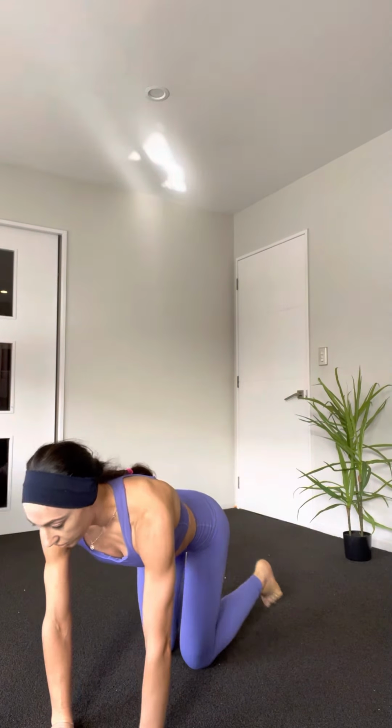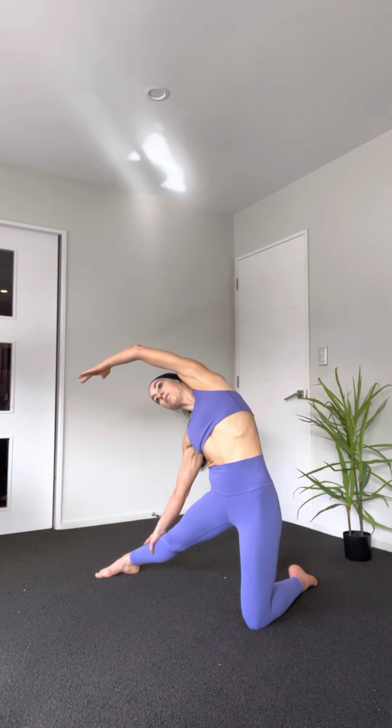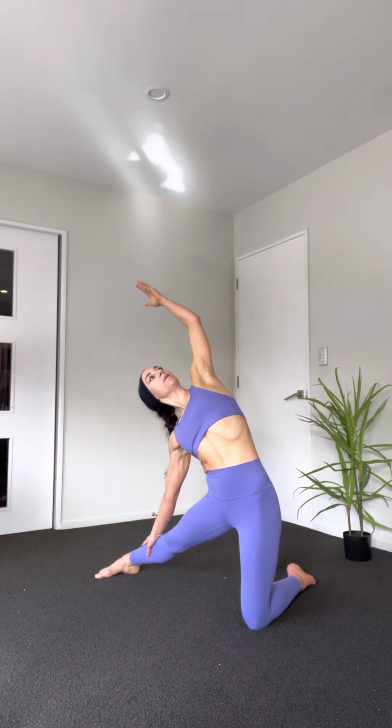Coming through tabletop, and then we can come into gateway. So standing on your knees, stretch one leg out to the side. I'll start with my right leg out to the side. And then when you're ready, we're just going to reach the arm up and over again, and noticing the shoulder here. We're coming into a little bit of a side body stretch in that leg. So again, notice the shoulder, reaching it up to the ears, and then wrapping it back down the spine as